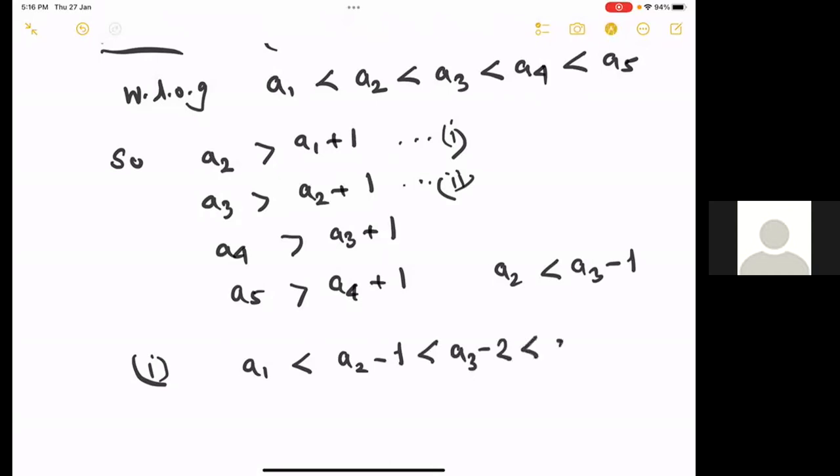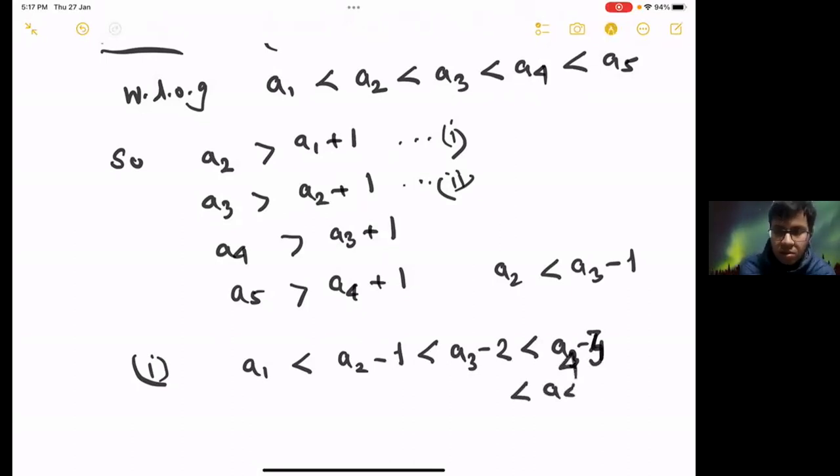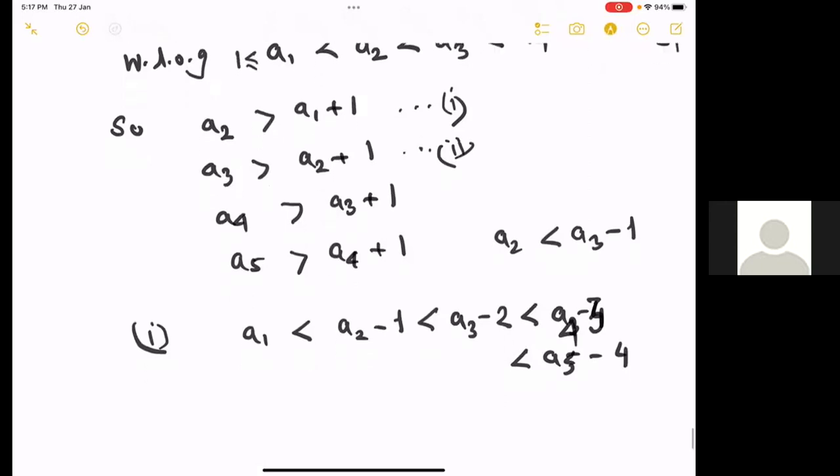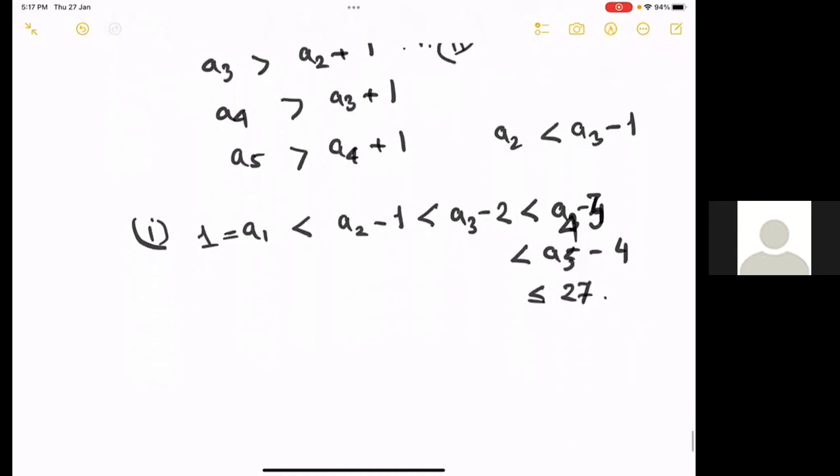This is less than A4 minus 3, which is less than A5 minus 4. It's very simple. And also you know that A1 is at least 1 and they are bounded by 31. So this is 1, and this is 31 minus 4, which is 27. That means if we pick